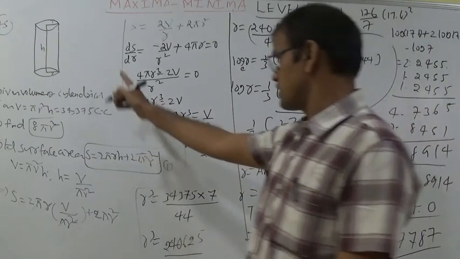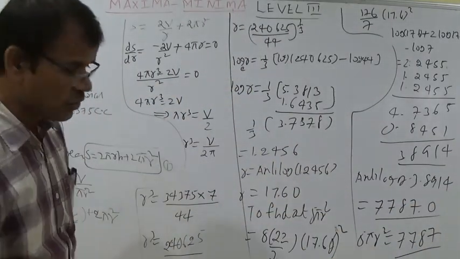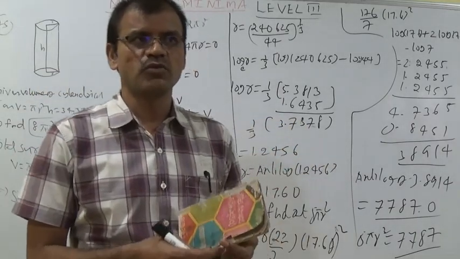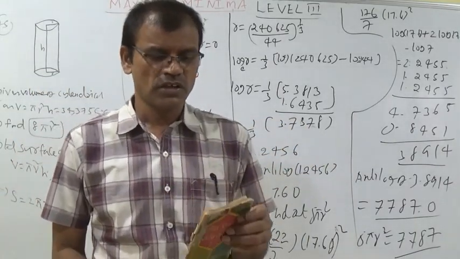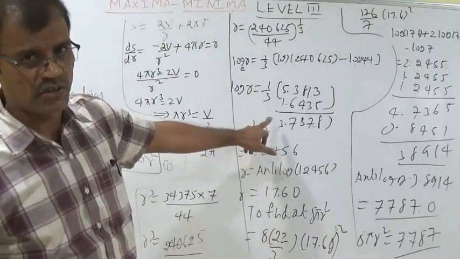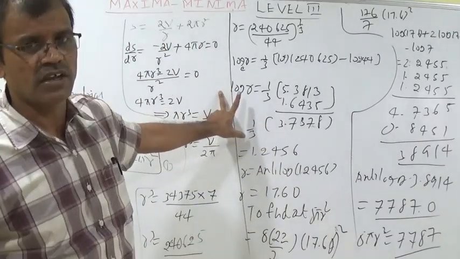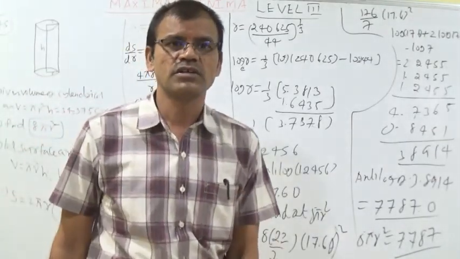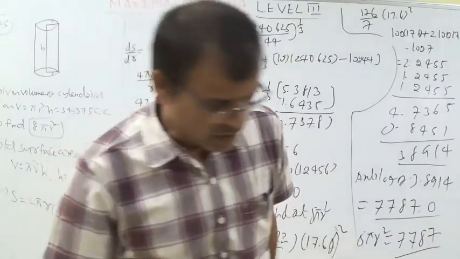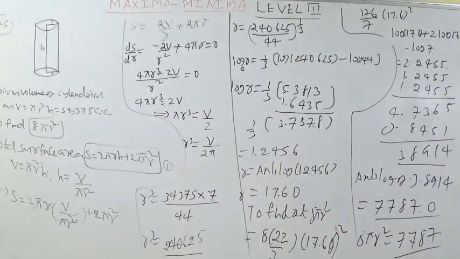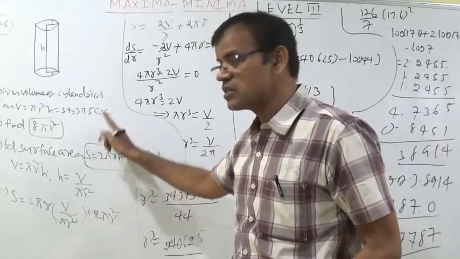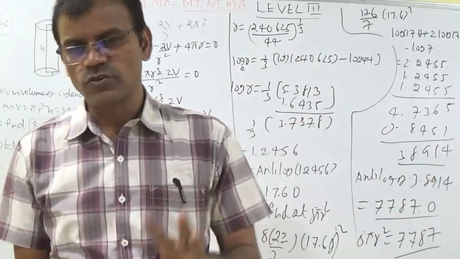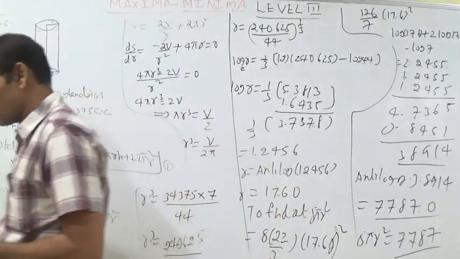Dear students, observe that this lengthy sum is wrong. By calculating with logarithm, or by calculator, we can do it. Because I calculated using logarithm, logarithm gives an accurate value. You can also calculate this value using a calculator. Anyhow, I want to discuss with you: the sum given is wrong. The question process is okay, but the answer is wrong. The answer should change. No option is there. Now let us discuss the 46th question.